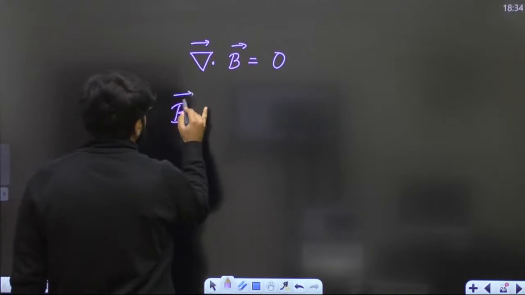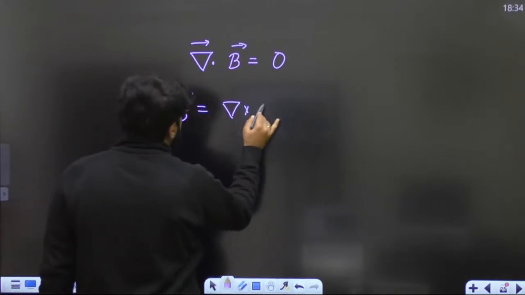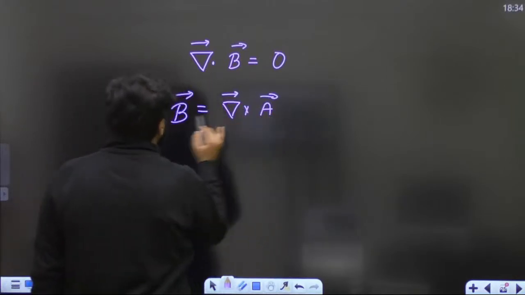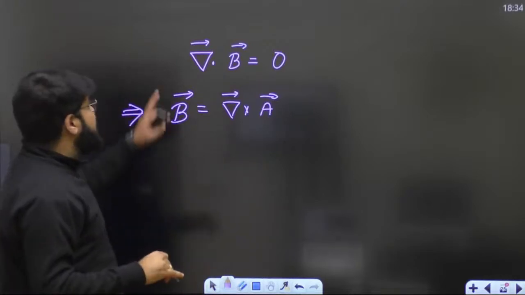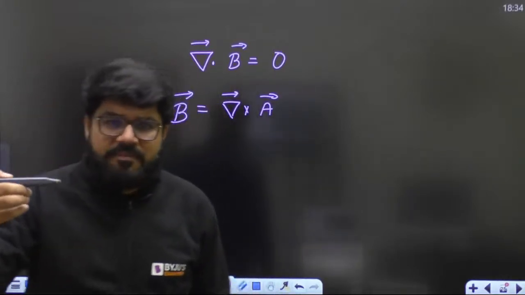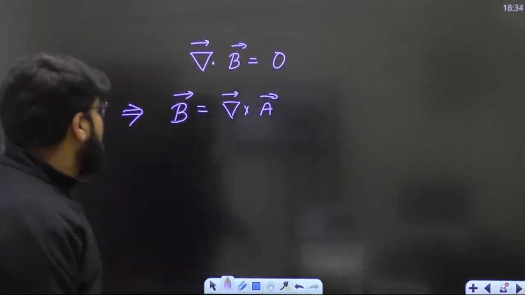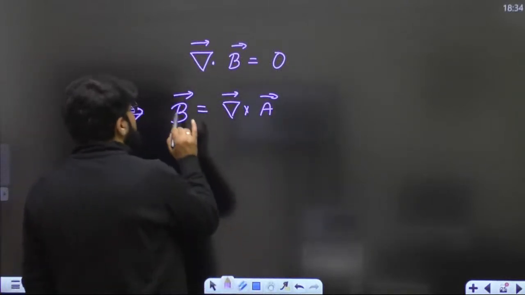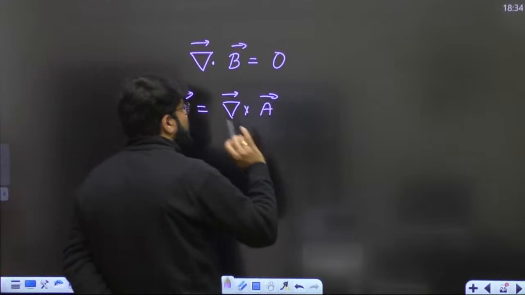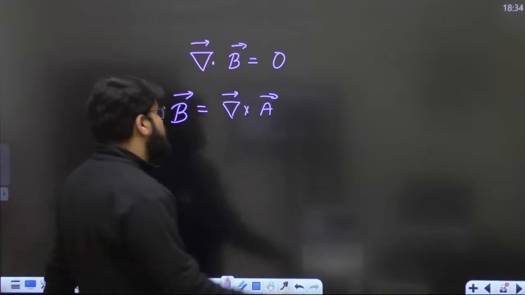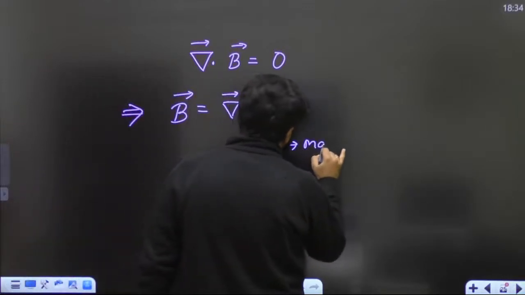We express B as a curl of some vector A, because the divergence of a curl is also zero. It is a vector property, a mathematical property: divergence of curl is always zero. So we express B as a curl of some quantity, that is del cross A, where A is known as what? A is known as the